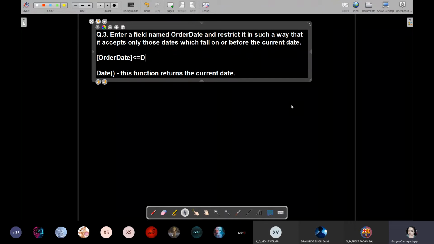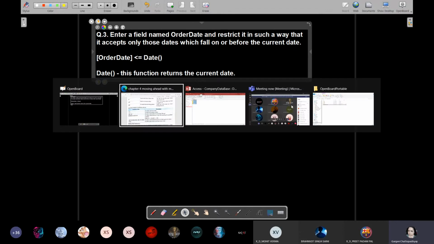Less than or equal to date. That is, order date should be a date which falls either today or on any date before today, yesterday, day before yesterday, and so on, the past dates. It should not be a date in the future. So this is the expression which we are going to write.